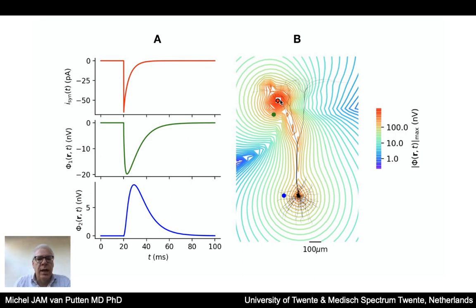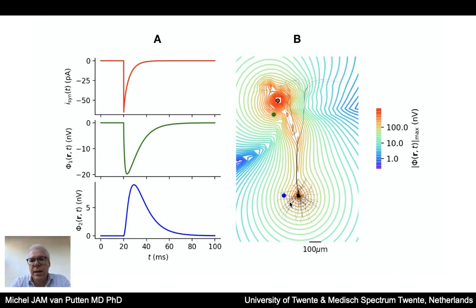And we can now calculate, for instance, at two different positions, phi 1 and phi 2, the change in the voltage in the extracellular space as a result of this synaptic input current. And you can already see from the shape of the simulation that this indeed looks like a current dipole. Now, very close to the synaptic current, this is the voltage change that we measure in nanovolts. And if we go to the other side of the neuron, the voltage deflection is the other way around,